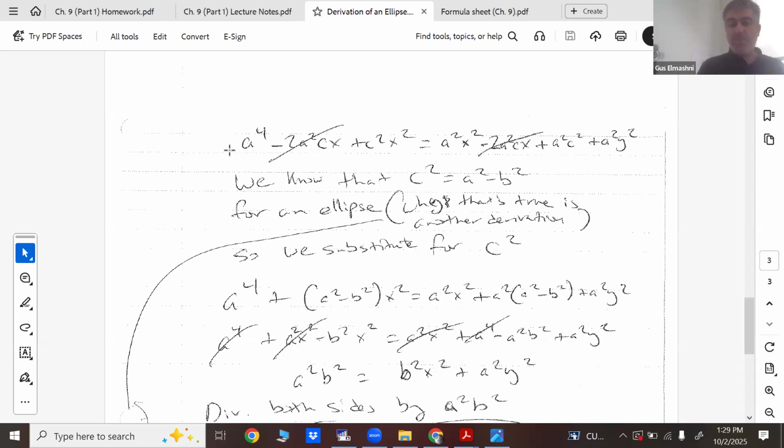And you can see I have all these funky terms like negative 2a squared cx and positive 2a squared. That's all crazy, right? Now, if we substitute for c squared back,